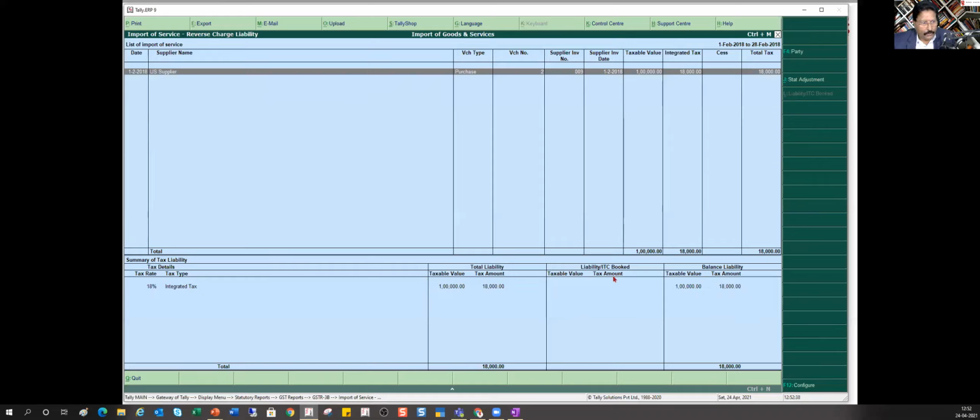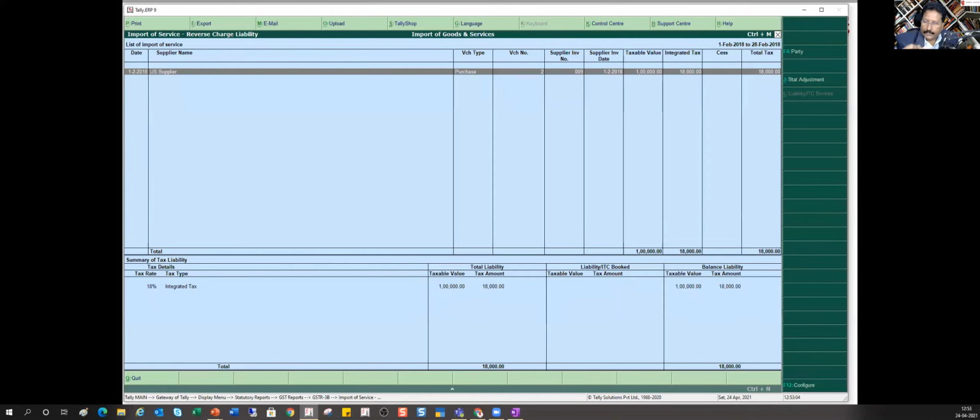Okay. So you have not booked your liability. It is telling you you have not booked your liability, right? So it is telling you this is the detail of your import of service with the supplier name, voucher number, everything. Okay. And also Tally automatically in this report, see, this report will come for advance receipt.